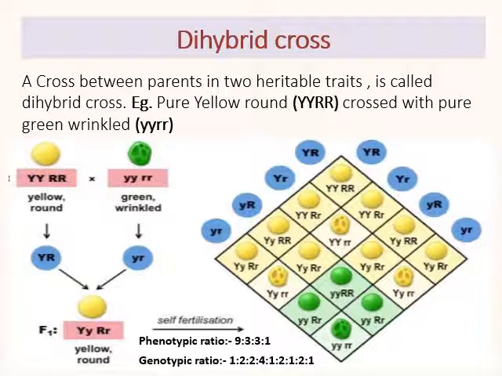Then when these yellow round seeds are grown for F2 generation, Mendel found that the characters were all different. The plants found were not only yellow round or green wrinkle, but he obtained different combinations, such as yellow-wrinkled or green-round combinations. Different types of combinations were obtained. Why? Because on the basis of this, the law of independent assortment was explained. This law is based on dihybrid cross.